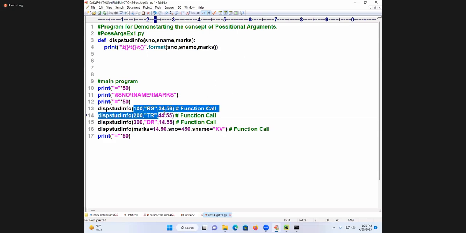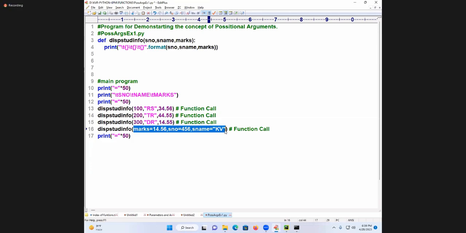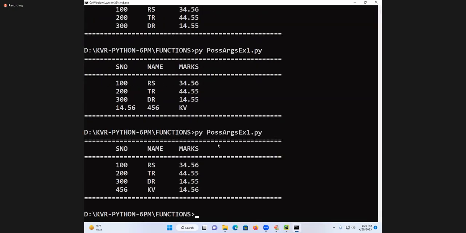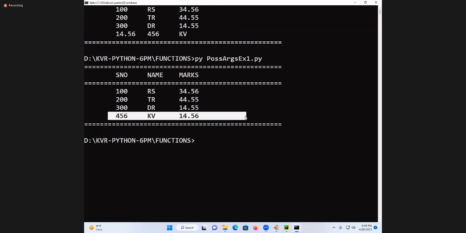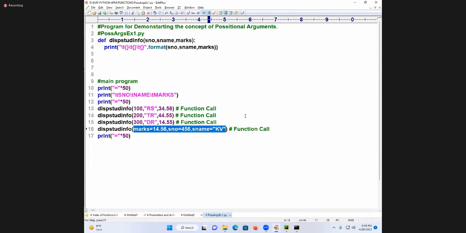See students, how beautiful a mechanism it is. Is this the positional argument mechanism? This is not a positional argument. It is the keyword arguments mechanism. See the data. Is it passing correctly or not? Even though I am passing the data in a zigzag manner, I am passing the data perfectly. Are you following me? I will explain that separately to you. Right now, don't worry.